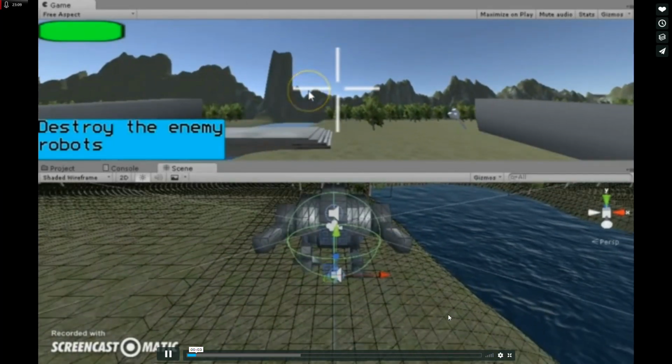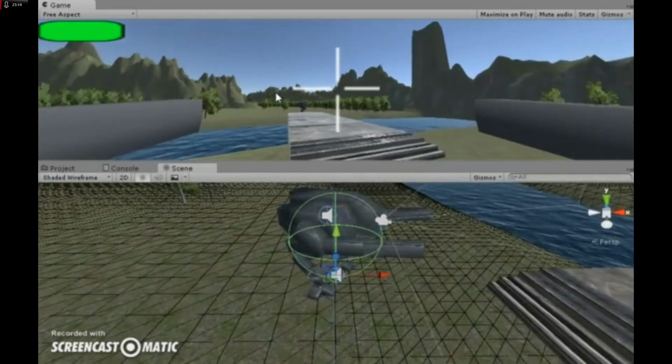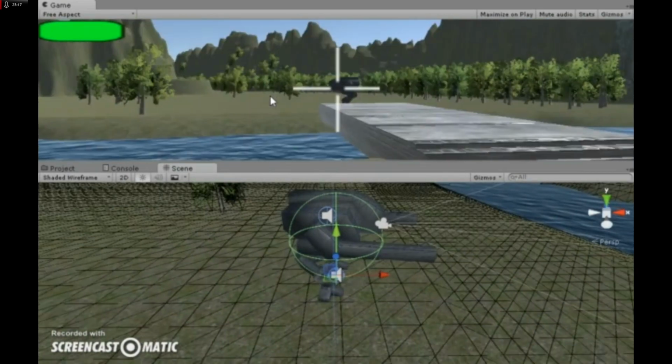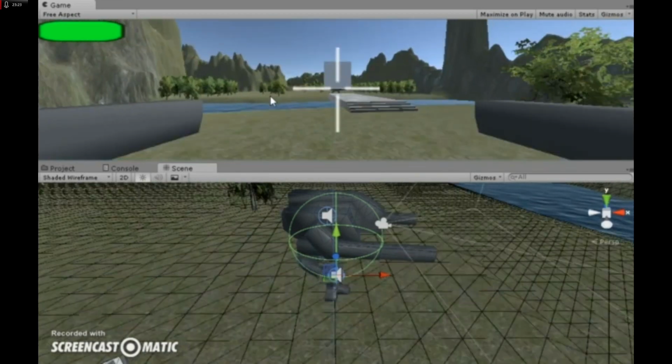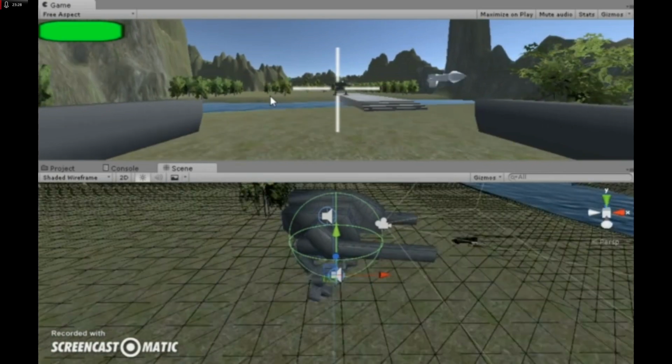Okay, that is some static. But this is called Robo Defender. Now, this game was supposed to be kind of like a mech fighting game thing. I don't even know what you would really call it. Like a mech FPS. So you'd shoot at these guys, and they'd come after you. Obviously, they'd start shooting back.